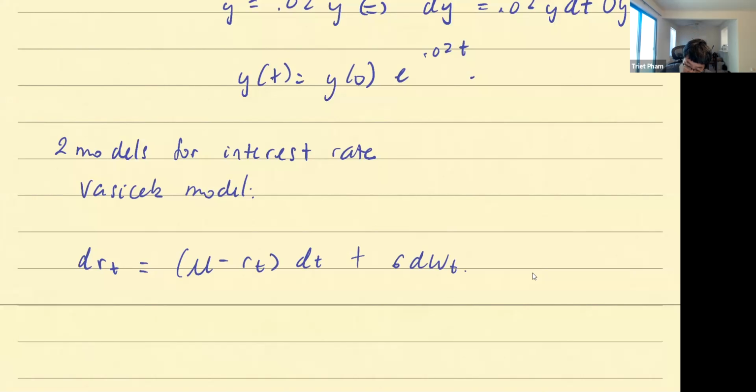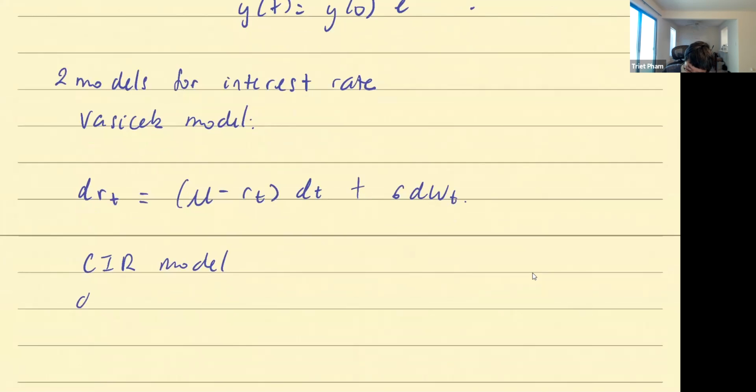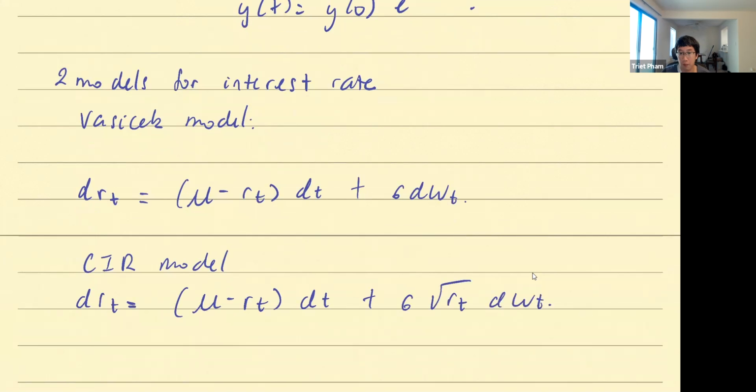The second is the CIR, Cox, Ingersoll, and Ross model, where it says dR_t is (mu minus R_t) dt plus sigma square root of R_t dW_t. So here R_t is the interest rate